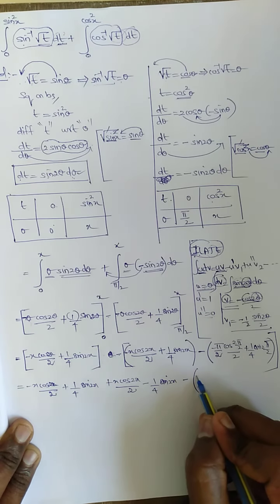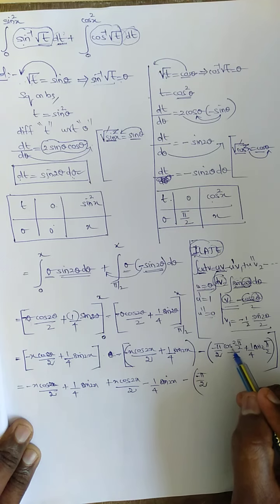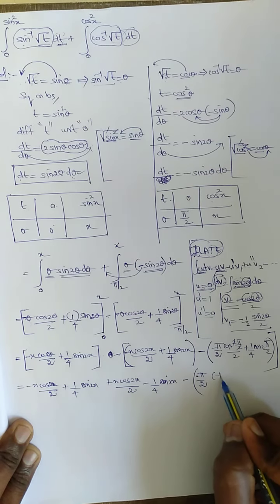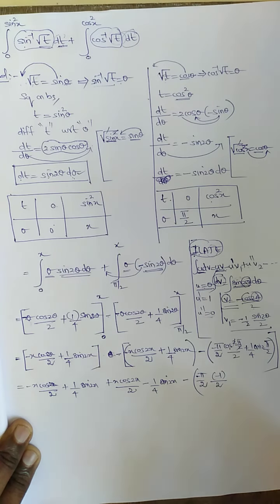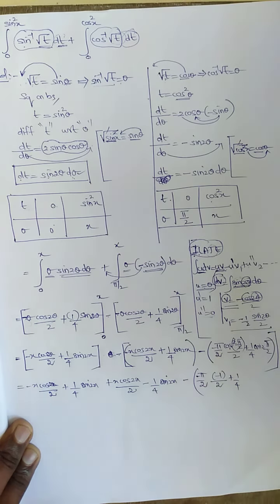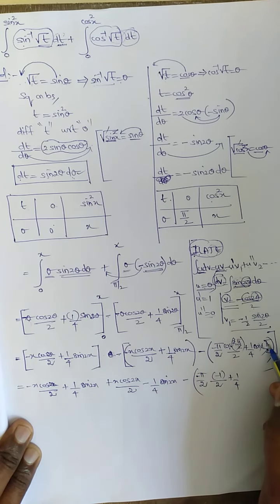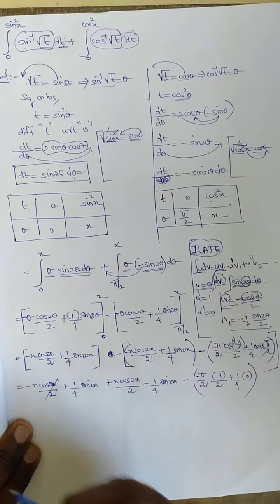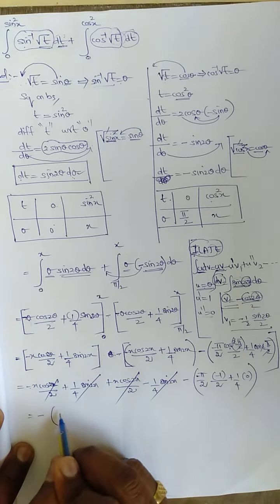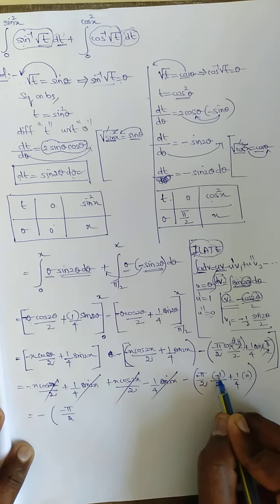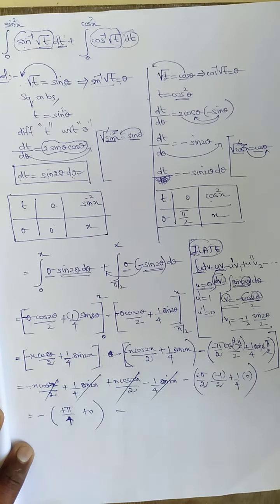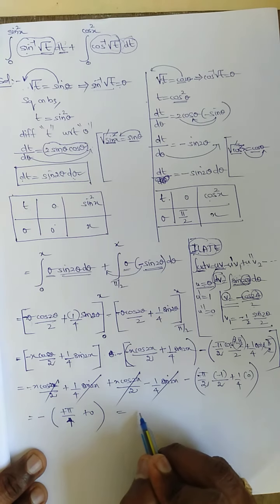Next minus, open the bracket, minus pi by 2. You know cos pi by 2, this is 2. This 2 gets cancelled. Cos pi value is minus 1, divide by 2. Next plus 1 by 4 sine 2, this 2 sine pi value is 0, close the bracket. This one minus and plus 4, minus 4 both will be cancelled. So open the bracket, minus of minus pi by 2, minus into minus plus, so become plus. 2 2s are 4, this will become 0. So answer is minus pi by 4.